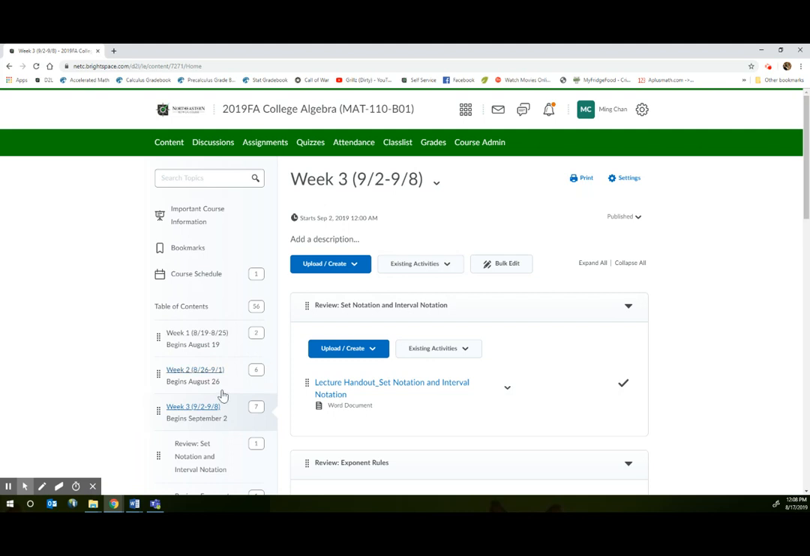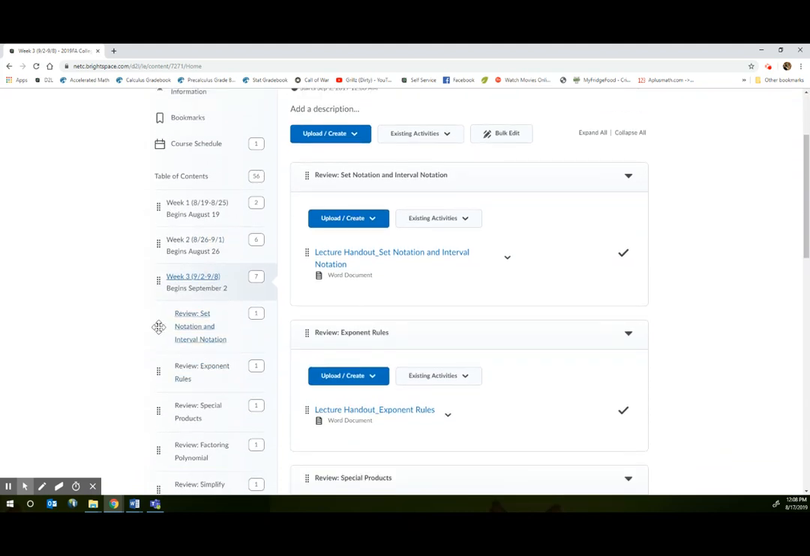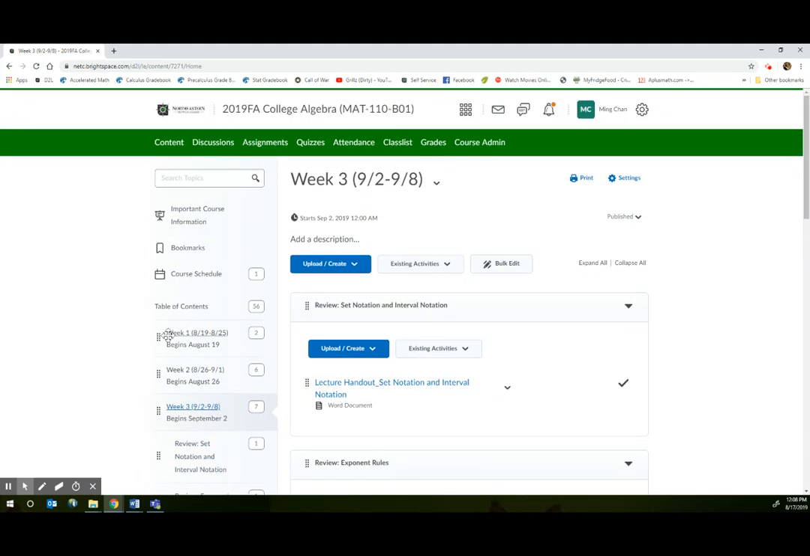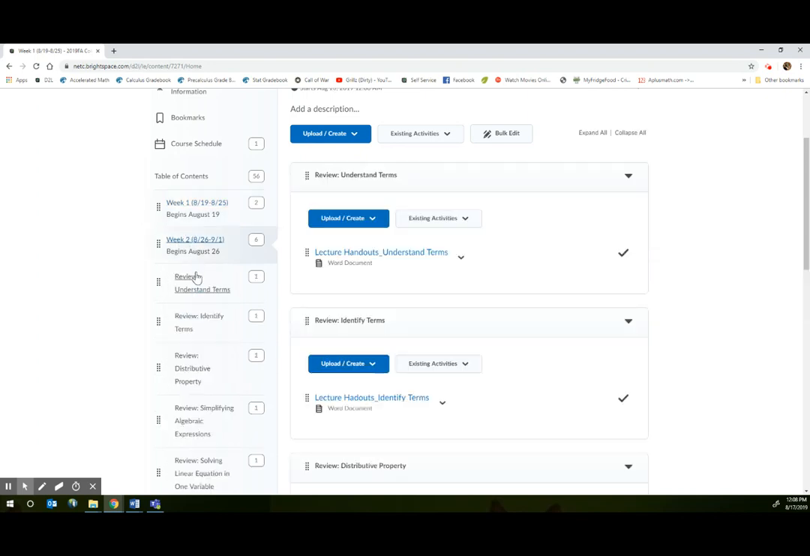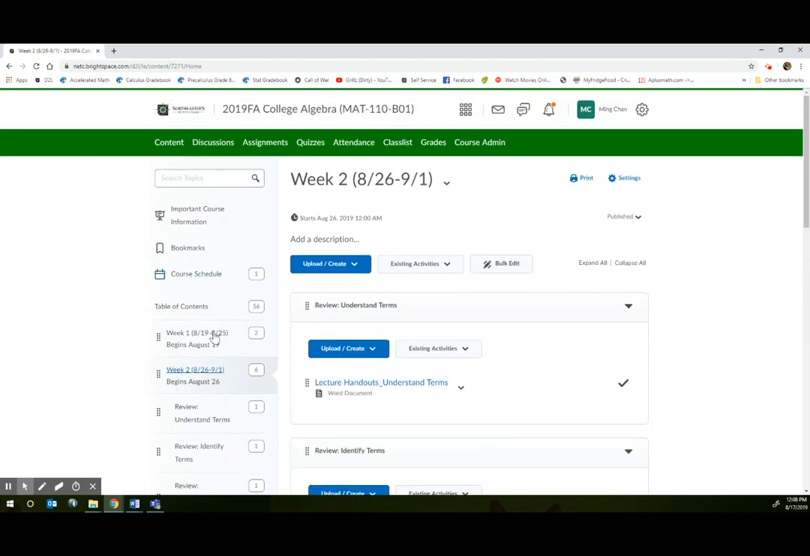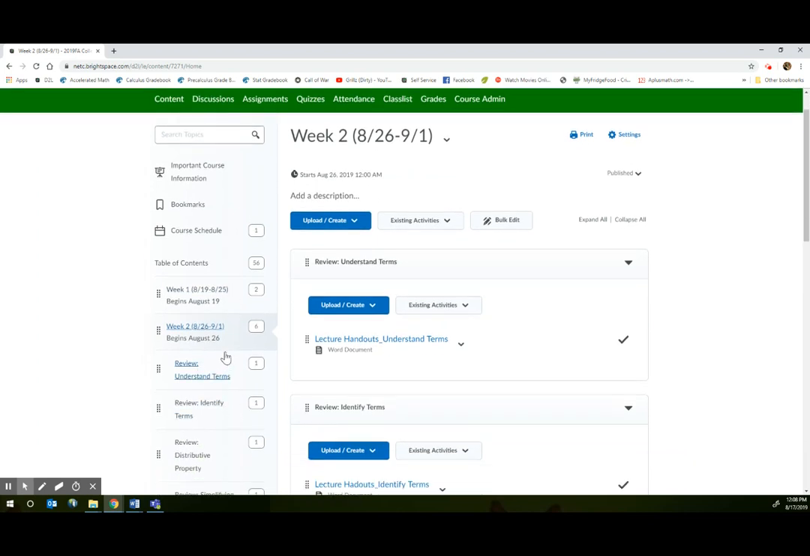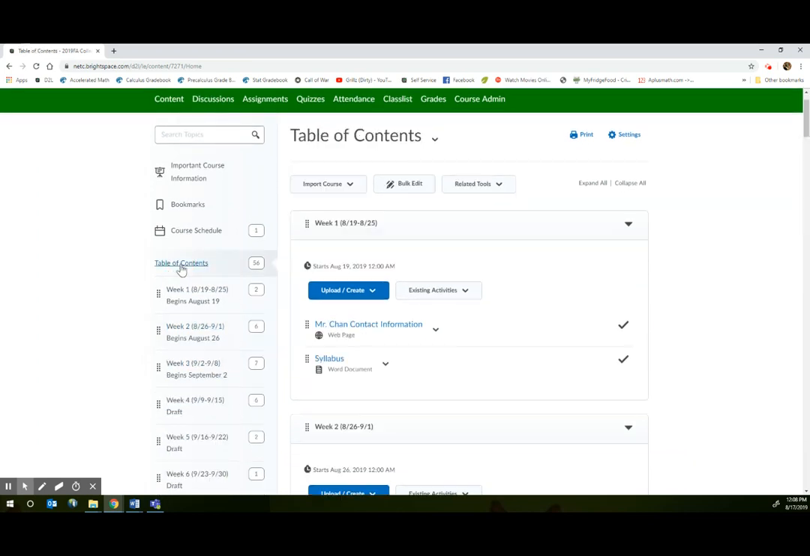The easiest way to move these sub modules, that's what we call them, sub modules. Week number 1 has no sub module. That's why when I click on week number 1, no sub module shows up. If I click on week number 2, sub modules pop up. So the best way to organize your sub modules is to go back to table of contents, click on related tools,